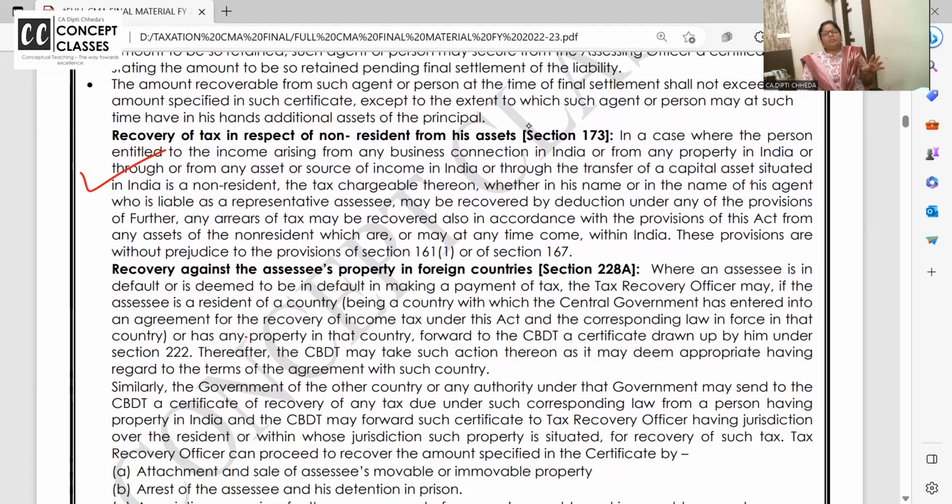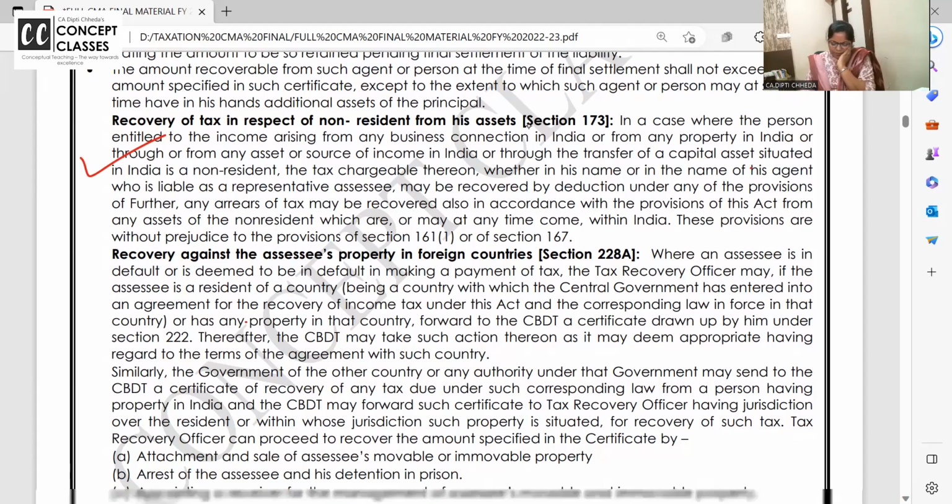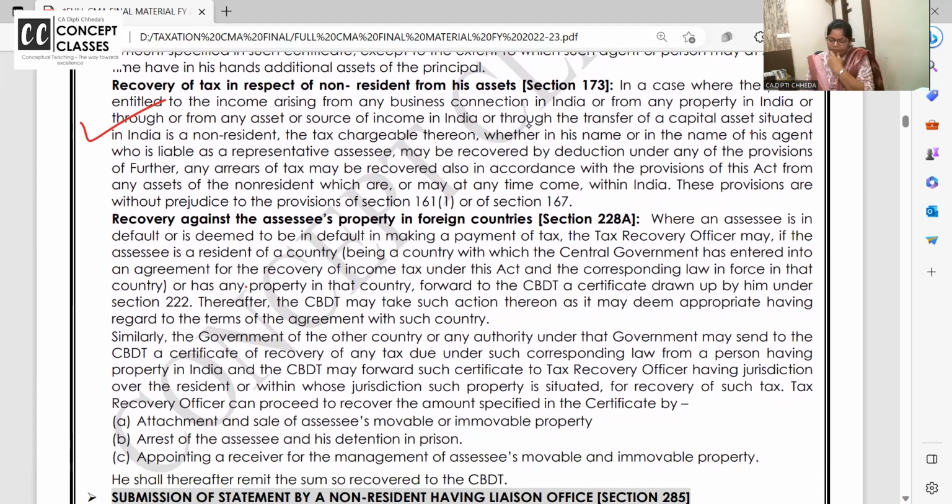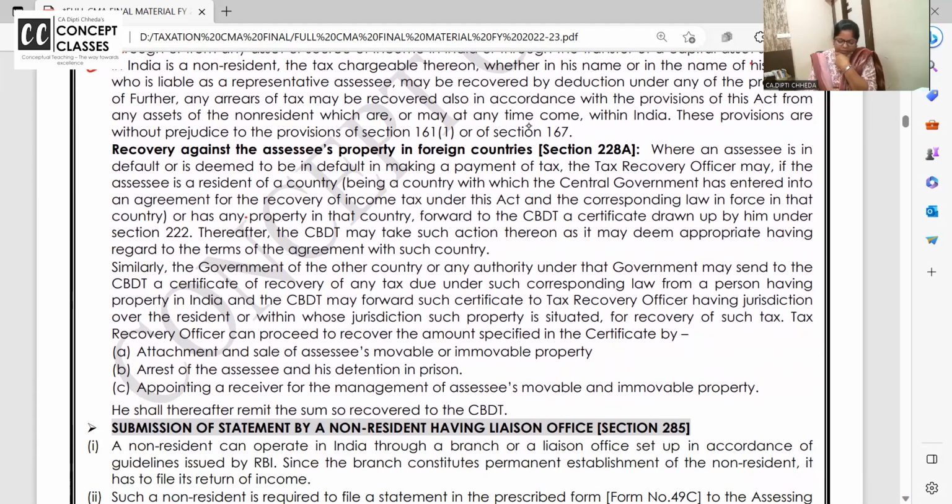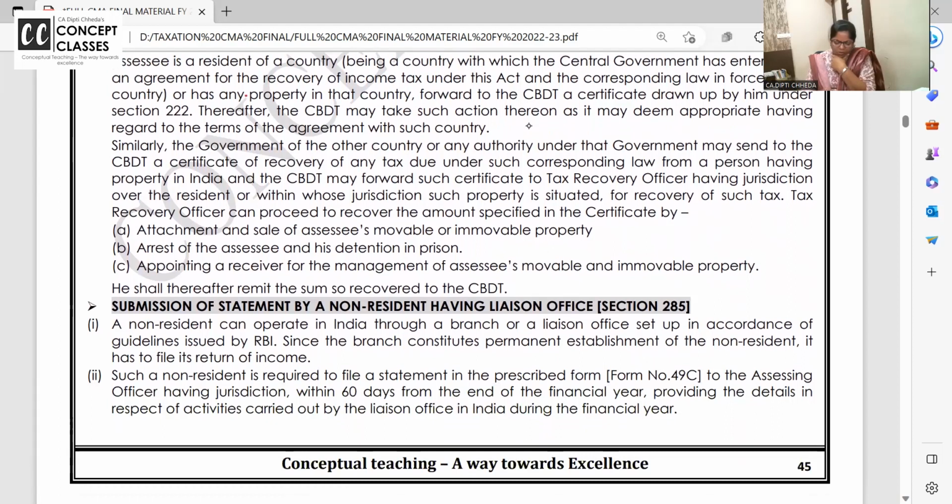Like someone in Burma has transferred the capital asset in Mumbai to someone in Sri Lanka, पर capital asset कहाँ है? India में. So can they recover the tax from the agent who has done all the work in India? Can you recover the tax in a foreign country? Same. वही collection and all. ये important है. They can ask, market important.